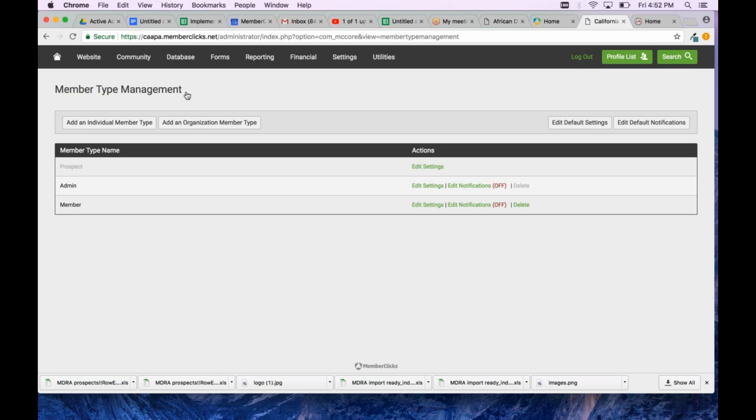What I want to show you in here is what we can do. And so then you might want to think about, okay, this is what they can do. How can this work for us to hold our information? So this is where we're going to create those different attributes, those different member types that we're going to